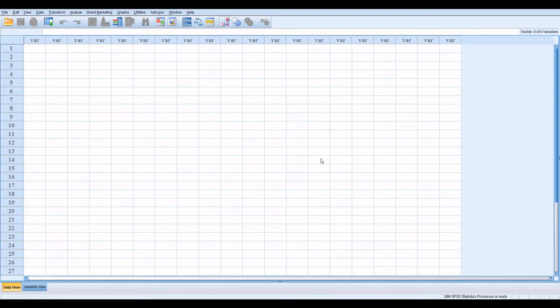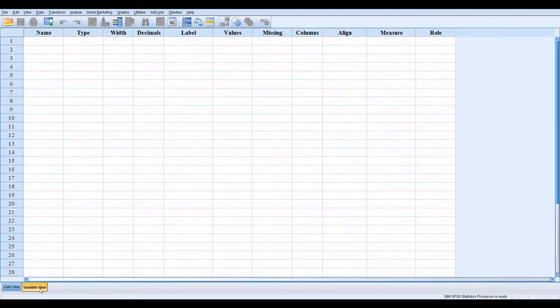Now let's start. First click on variable view because we need some data to create random variables. So write variable name. I write variable name data. Now go to data view.